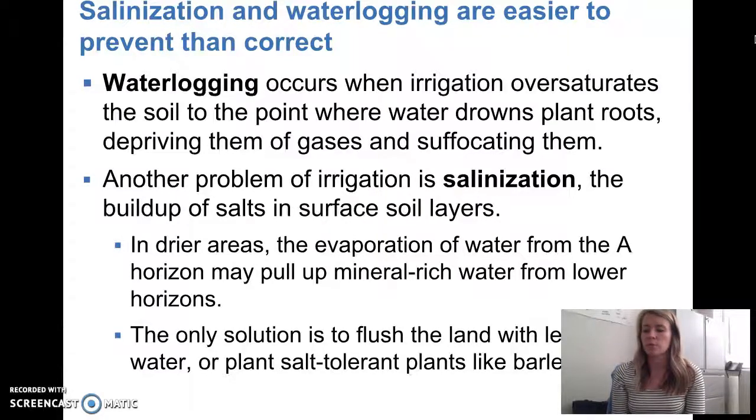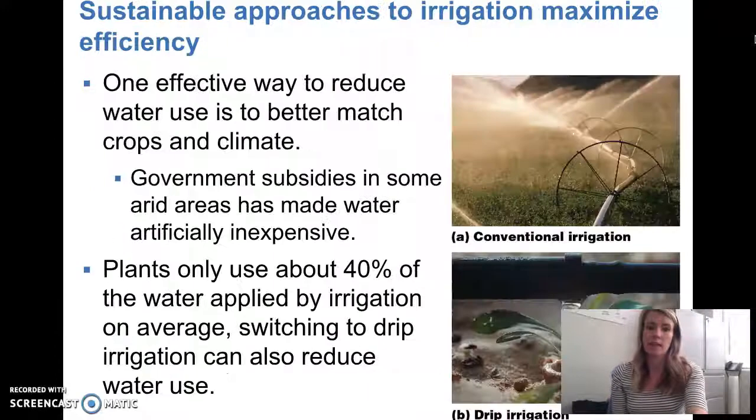So we have a couple other options, which is to plant salt-tolerant plants. There are some plants like barley or others that are okay with having that much salt. The way that they manage their ions across their roots will allow them to grow in that land. Or we can flush the land with less saline water. Saline means salty, so the ocean is saline. So we could flush it with water that has less salts in it to move that salt down to the lower horizons. But the problem is then you may lead to overwatering or waterlogging. So it's a fine balance between the two. Prevention is the best method, because it's much easier to prevent than to correct.